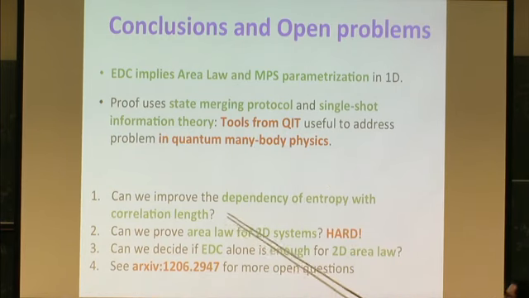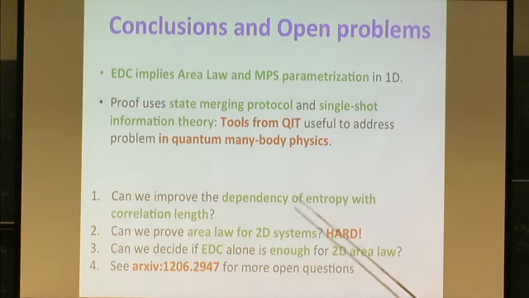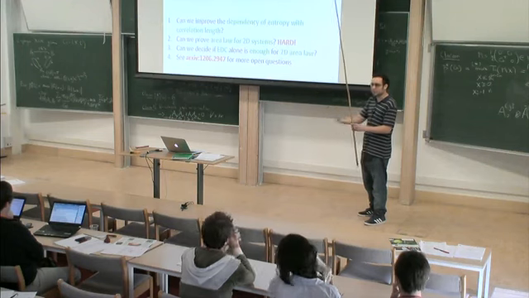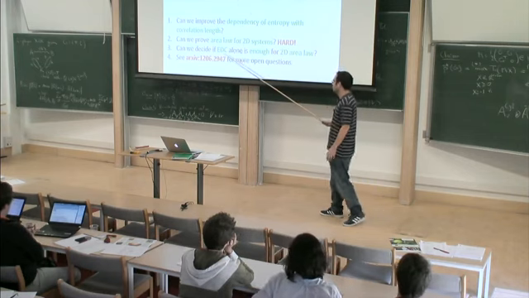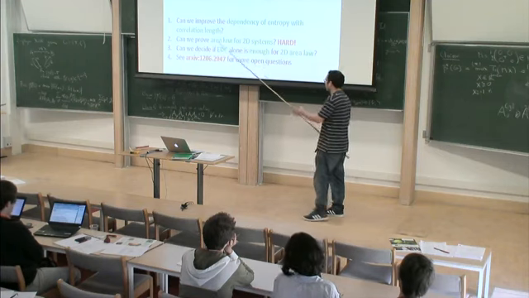There are many open questions that would be nice to know the answer to. For example, it would be nice to improve the dependence of the entropy on the correlation length. We have something exponential, but it seems far from optimal. It would be very nice to have similar results in 2 dimensions or higher. We don't know how to do that. A more information theory problem maybe is to decide what happens in 2 dimensions for this problem of exponential decay of correlations, without a Hamiltonian and area law. Can we maybe create some more elaborate data hiding scheme in 2 dimensions that would show that the result I showed in 1 dimension is not true? Maybe it's possible, but we don't know either. And if you want to look at our paper, there are more open problems there.